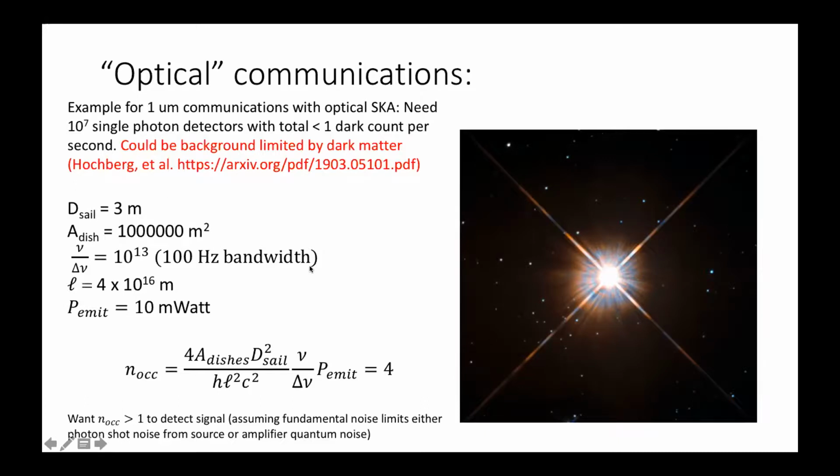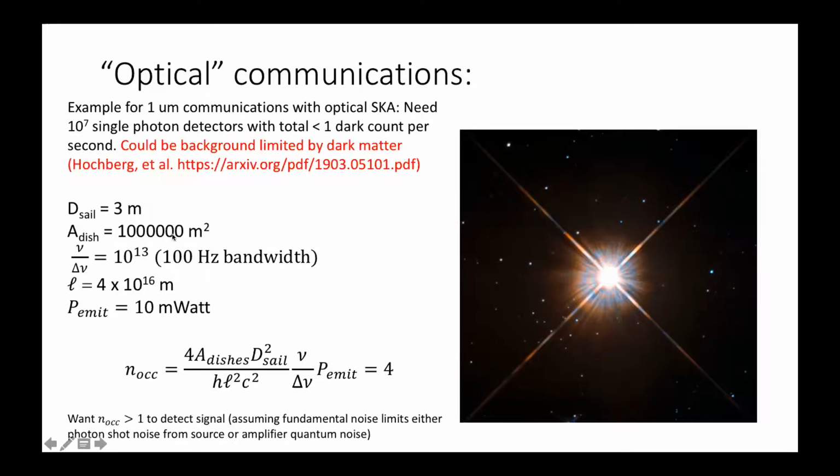If we had, as I said before, a 1 kilometer by 1 kilometer array of optical collectors, and you had 10 milliwatts on board, which was sort of the nominal, and you could use a full 3 meters, you could get 100 hertz of bandwidth. And so this brings up a few other things, which are that